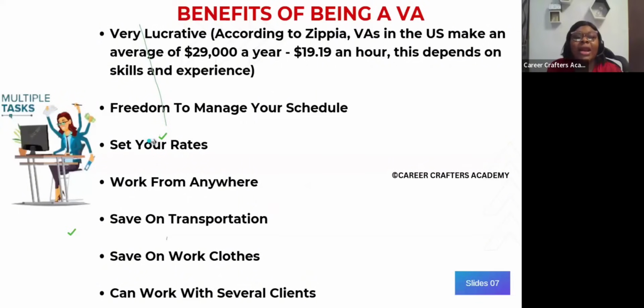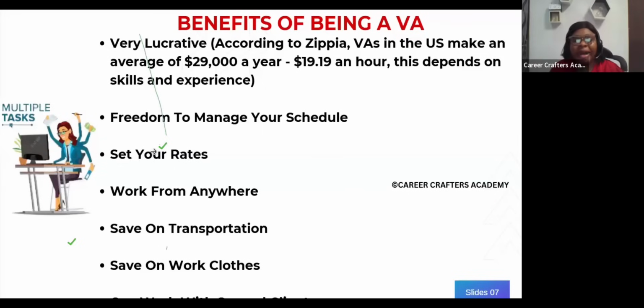Another benefit of being a virtual assistant is that you have the freedom to manage your schedule. What do we mean by that? Of course, you're working for somebody, right? Yes, sometimes you may have fixed times that you're supposed to work, but the fact that you don't have to drive to the office and drive back home means you have more time on your hands. There are times when, remember, I have two kids.